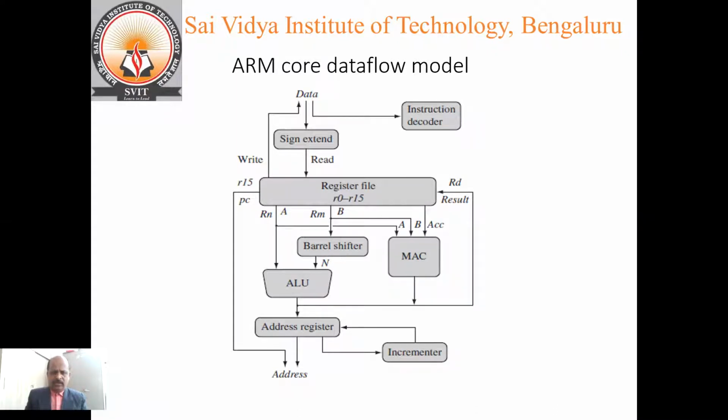The arithmetic logic unit performs arithmetic as well as logical operations depending upon the instructions. If an add instruction is there, it performs the addition operation. If a subtract instruction is there, it performs the subtract operation. The result of this ALU, if it is intermediate, is written in the register, or otherwise it is sent back to the memory.